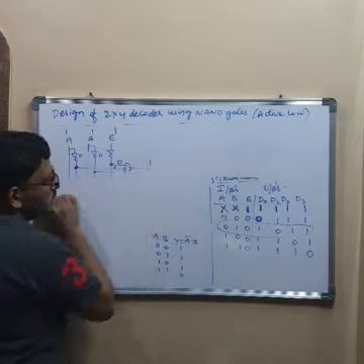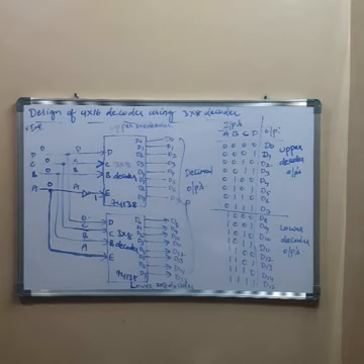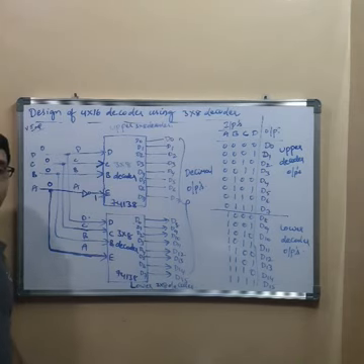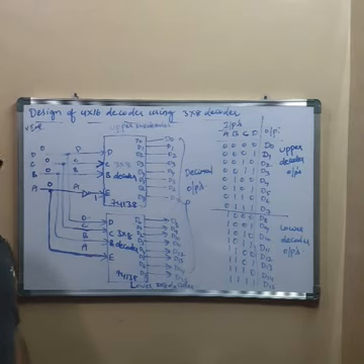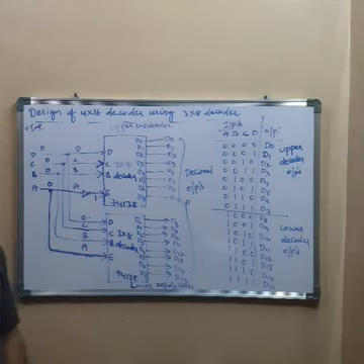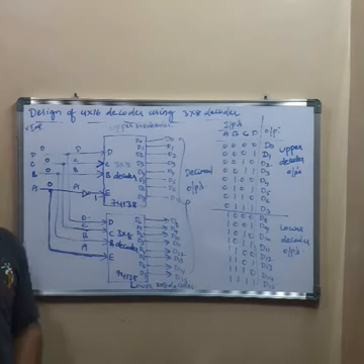Next, look at the logic questions. So these type of questions will be asked for you in the examination. Design of a 4 into 16 decoder using 3 into 8 decoder. So here in case of 4 into 16 decoder there are 4 inputs and 16 outputs, but in case of 3 into 8 decoder there are 3 inputs and 8 outputs. How we are going to design a 4 into 16 decoder using 3 into 8 decoder? Let us see the design.